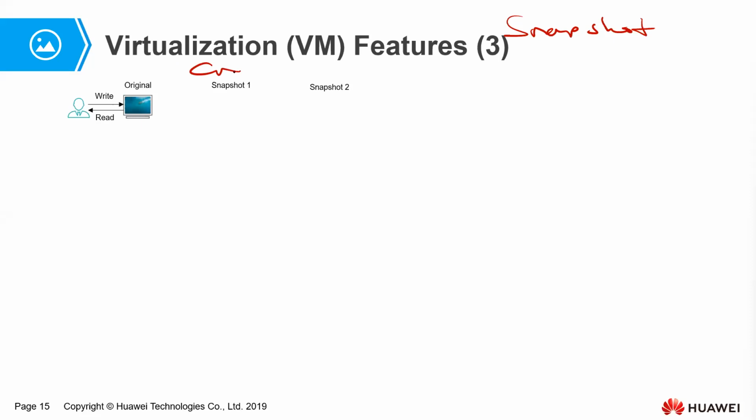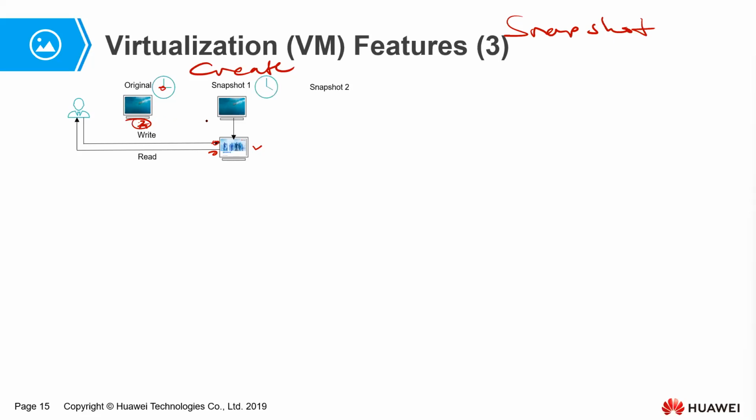One is to create it, and we're going to look at it. We have our original virtual machine here. This is the time it was. We go ahead and take a snapshot. And after taking a snapshot of that, we have snapshot one. At this particular point in time, this is our snapshot one, and this will stay there as a snapshot that we'll be able to use. Now we're going to read and write data. This is like our new virtual machine, but we have this state unchanged. It has been kept for